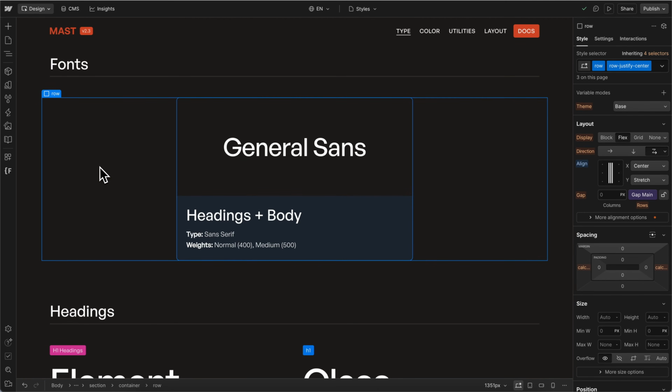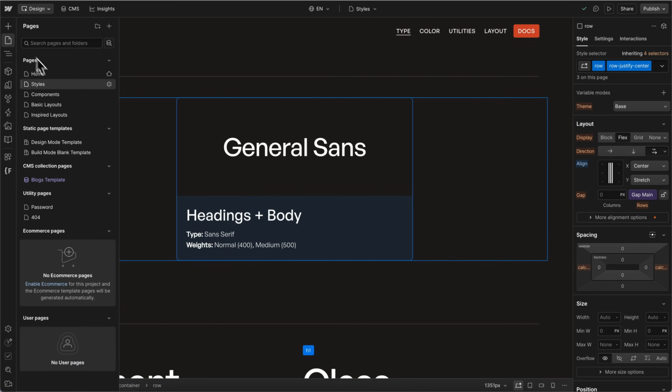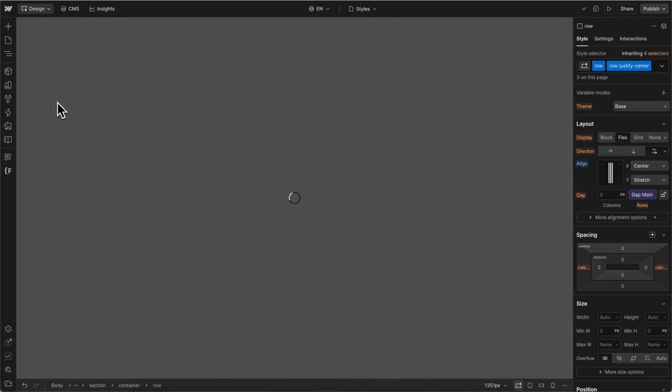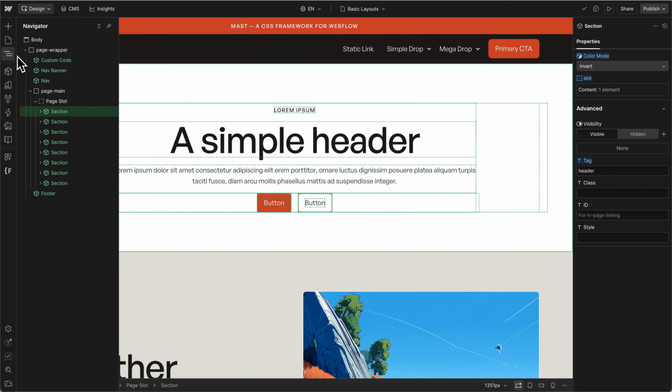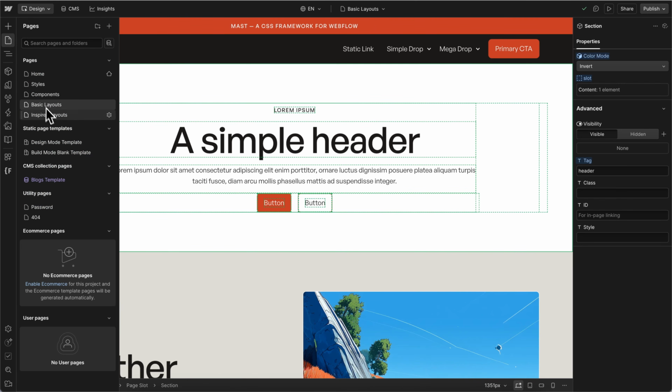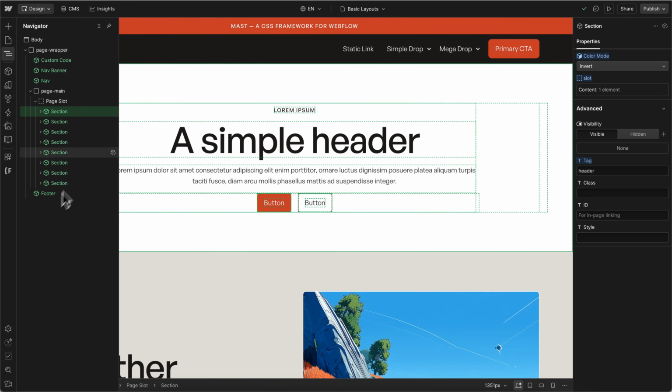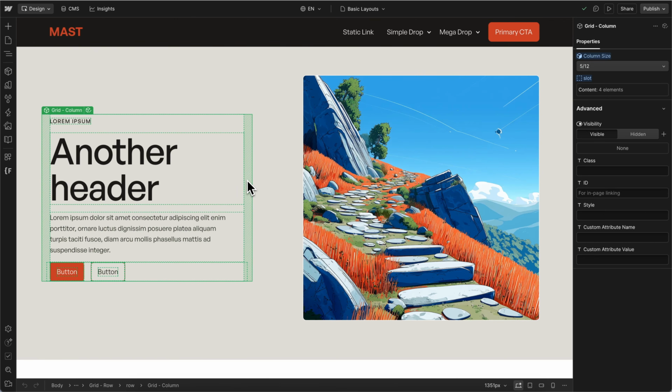So this is how you build with it with static elements and classes. Let's go over to the basic layout or inspired layouts pages to see how this same system is used with components. Ultimately, we recommend that Mast is a component first tool. In other words, we recommend that you build as many layouts and pages as possible entirely with components. And so you'll see that if you open up the navigator for either of the basic layouts or the inspired layouts page, they're built entirely with components. And you can still have quite a lot of